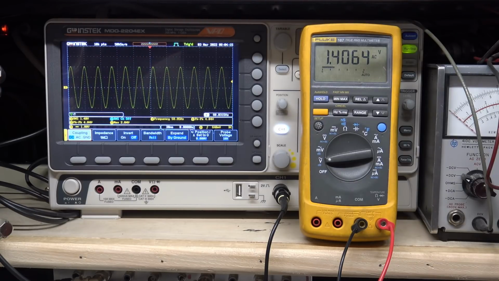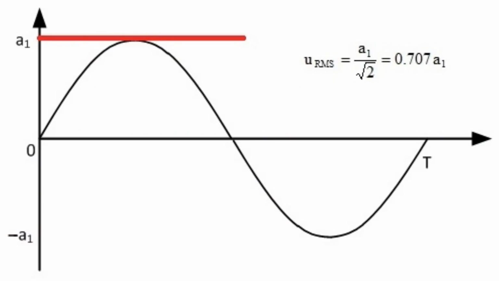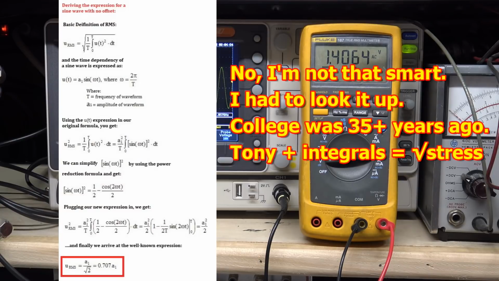What on earth is that? Well, that's not so difficult when we're talking about a sine wave. If you do the math, that's where we come up with the 0.707 or the 1.414, and we could go through all that and put that up on the screen here, but without getting too much into it,